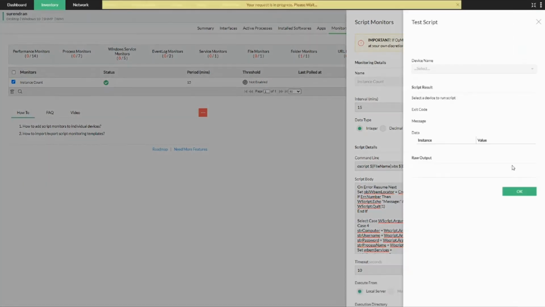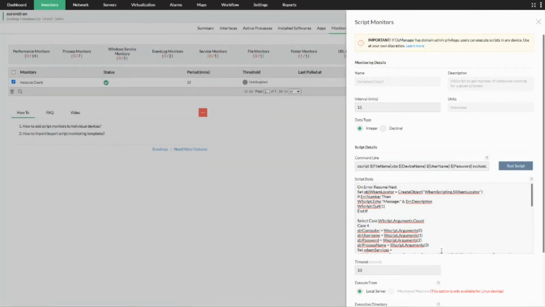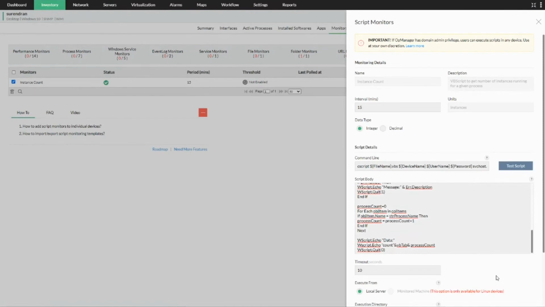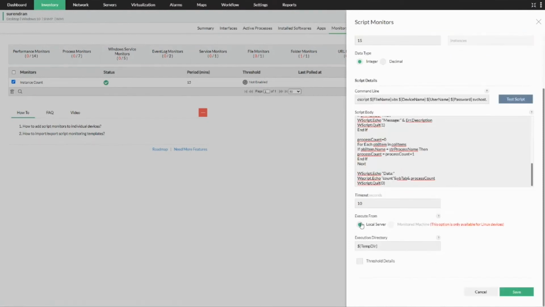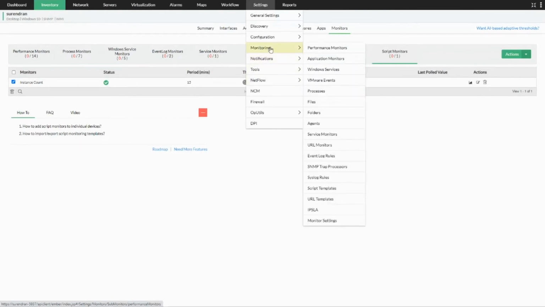If I execute this, it will immediately give me the values and the actual script status on that particular device, and I could take it forward accordingly. And likewise, as we have discussed, I can execute this on a local server, that is the OpManager machine, and connect to the end device and execute it, or I could directly run these scripts on the end machine or the remote machine and take it forward accordingly.